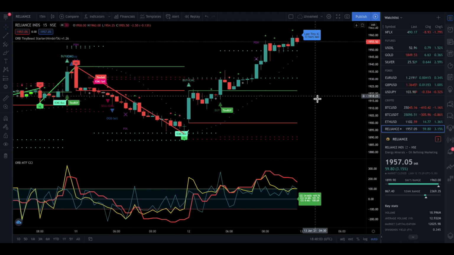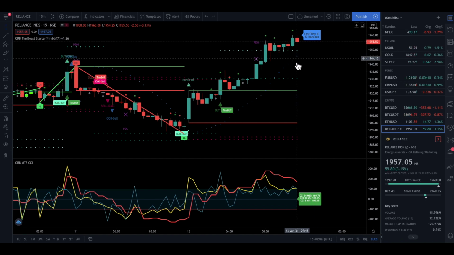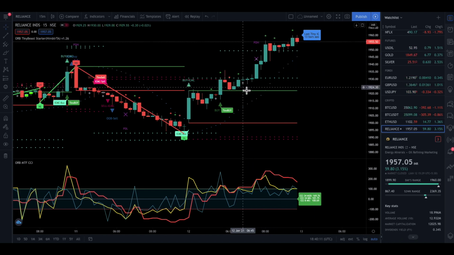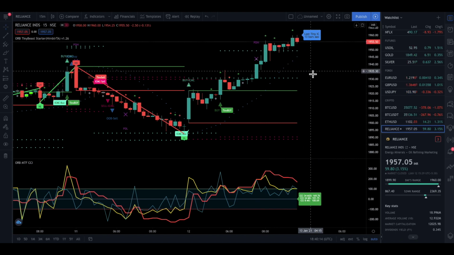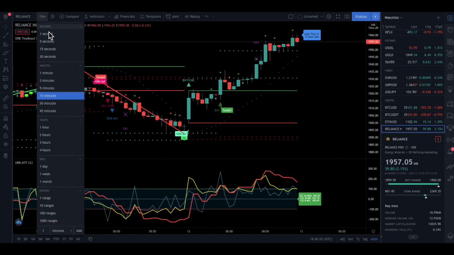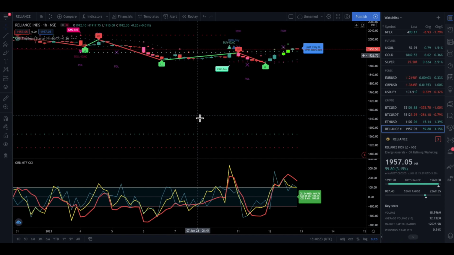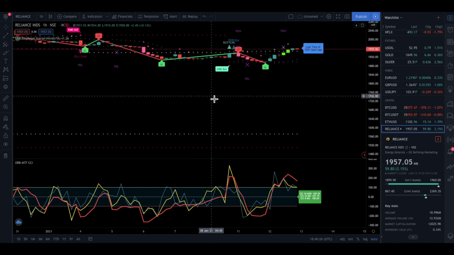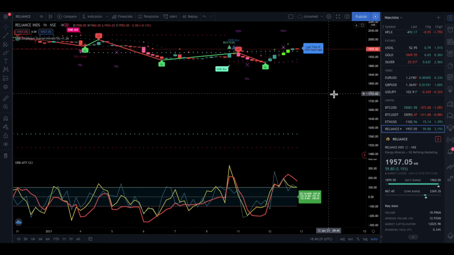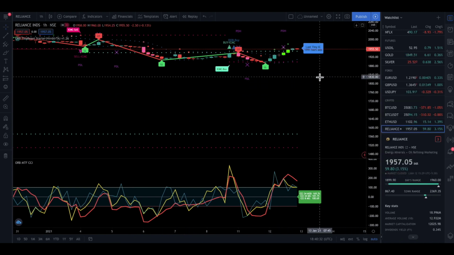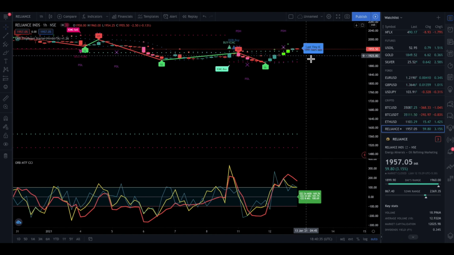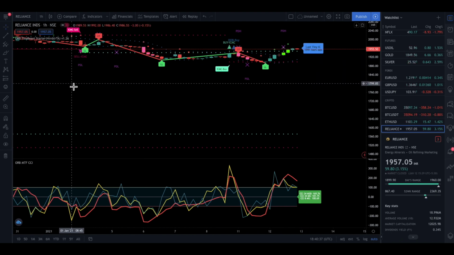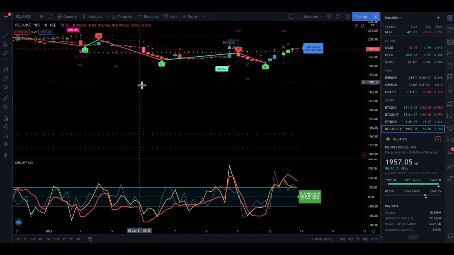Another interesting thing which I put here is this label which says last Tiny IC 13 bars ago. It actually points out where the Tiny IC is. Why this becomes important is that at times you will get into some kind of a stock. Suppose this particular Reliance itself, if I go to the 1 hour chart on Reliance, now see what happens here. You will see that the Tiny IC buy and sell is not coming here. The reason is that the last Tiny IC was 1991 bars ago. That means it was far in the history. So on the hourly chart, the condition of Tiny IC is not getting fulfilled.